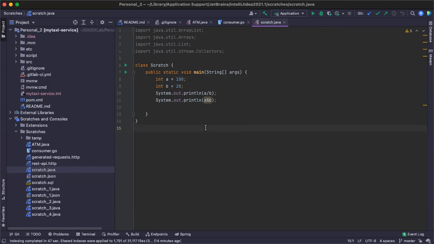Another advantage of using IntelliJ is if someone created a Java file in Eclipse with a tab, that means you will see a tab here instead of space. IntelliJ won't change that from the tab to space. It will automatically maintain it. That's why I am not facing much problem in my current project when I am using IntelliJ. The lines I am typing will be in space, but the existing tab will remain as tab only.